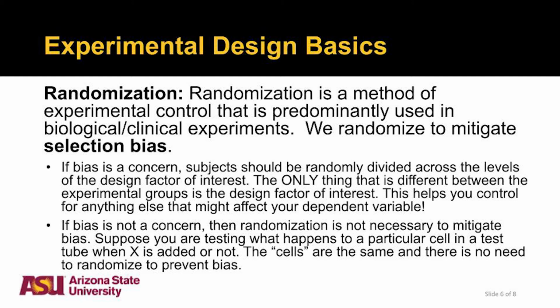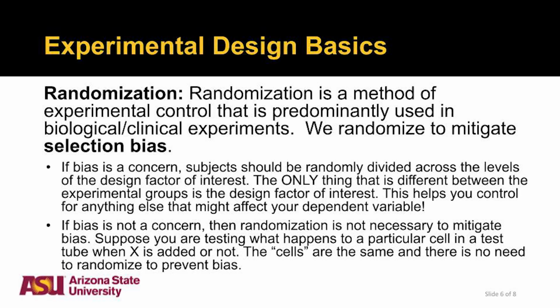But the key here is that if you randomize into one group or the other, then we mitigate all of the other bias that could come from the factors that we can't control. Typically these are human factors, animal factors, things like that, that have natural variation: variations in weights, variations in heights, variations in other things that may impact your dependent variable that you just don't know about. That's why we randomize into two groups.